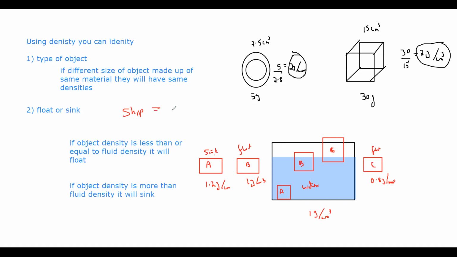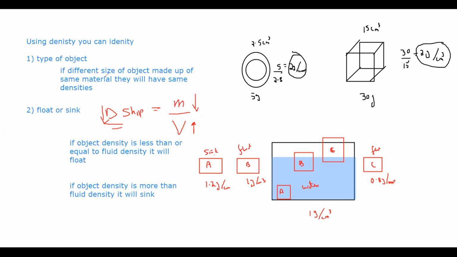So for a ship, what they do is they make the ship hollow. When you make something hollow, it will take more volume. As the volume increases, what will happen to the density of the ship? The overall density of the ship will decrease so that the ship can float. Hollow materials have more volume as compared to solid materials. Is it clear? And when they make it hollow, it will reduce the mass and take up more volume. So when the volume increases, the density will decrease so that the ship can float on the surface of water.